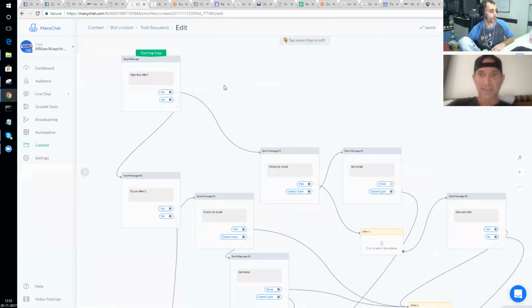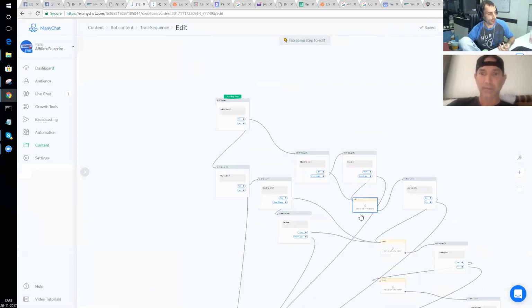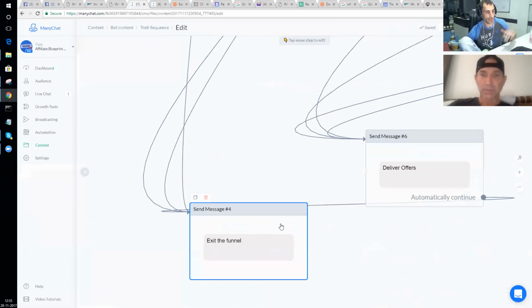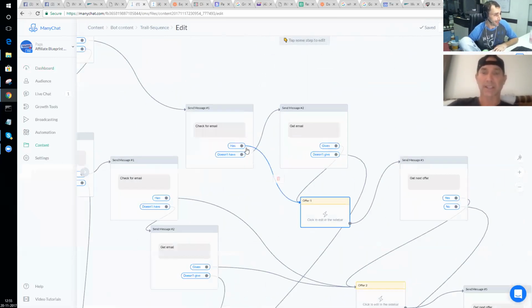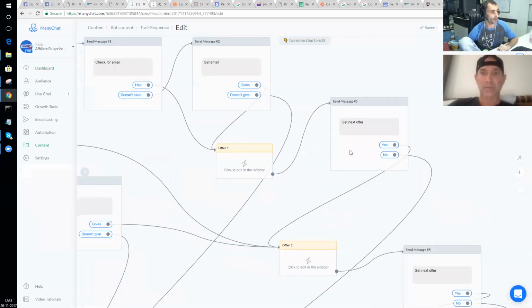So if he says yes, he wants this offer, we're going to check to see if he has an email. If he doesn't have an email, we're going to get his email. If he gives it to us, then we're going to route him to this first offer. If he doesn't give it to us, then we're just going to exit the funnel and say, okay, get out of here, because if you don't want to give me your email, I'm not going to give you anything. If he has an email, or if he gives us one, we're going to tag this guy as having accepted offer 1,